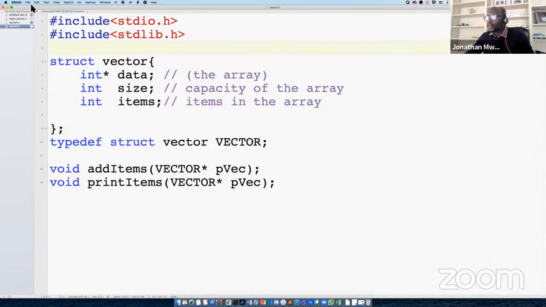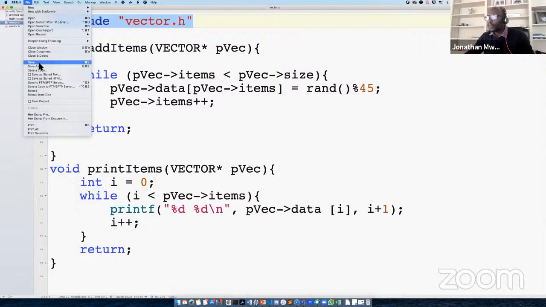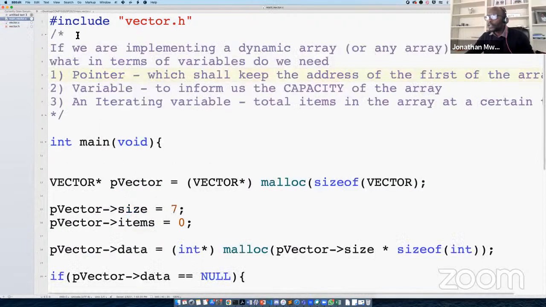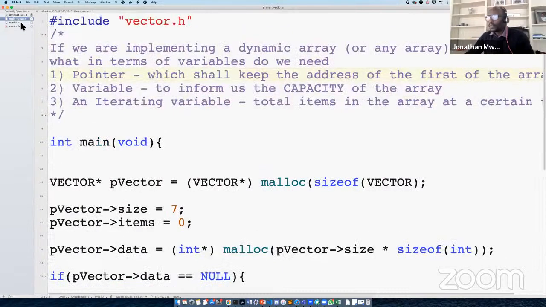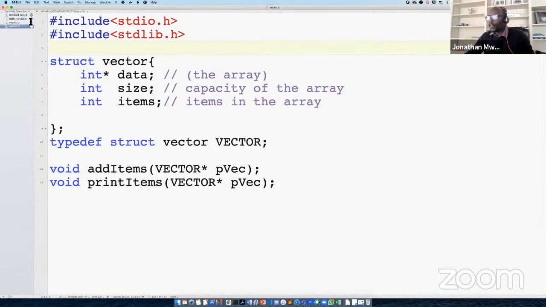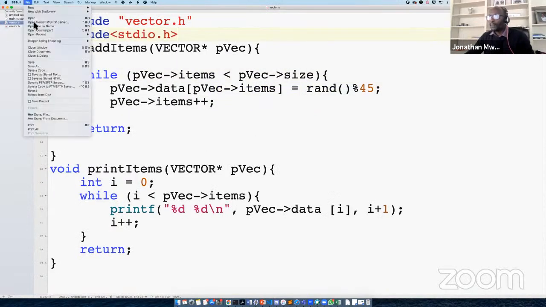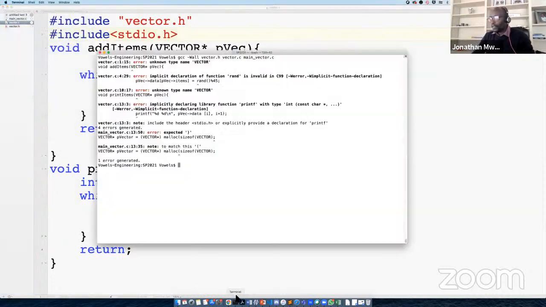stdio, that was there. That should be able to see that. Okay, and this should be able to see that. Vector.h is here, vector.c is there, and vector.h is there. I should be able to do it, but for the sake of argument, instead of wasting a lot of time, I'm just going to include it there for just now. Okay, so